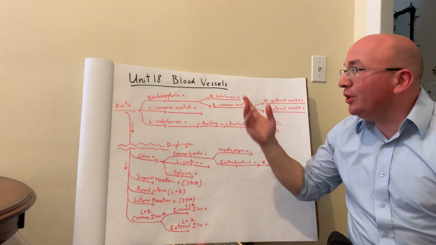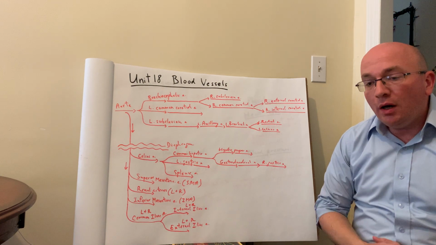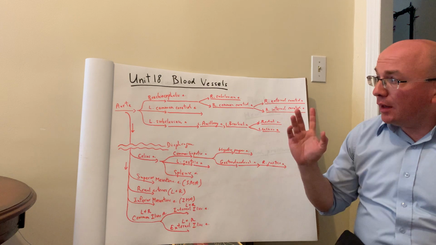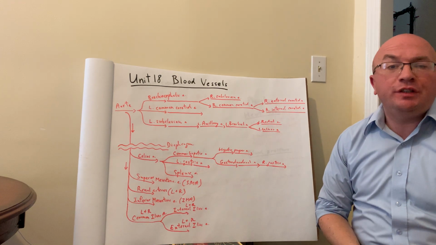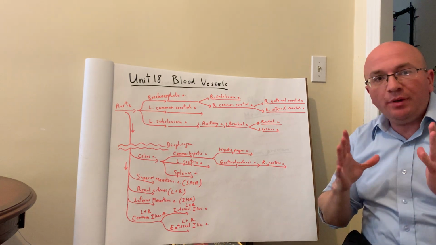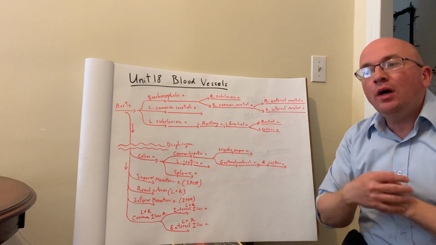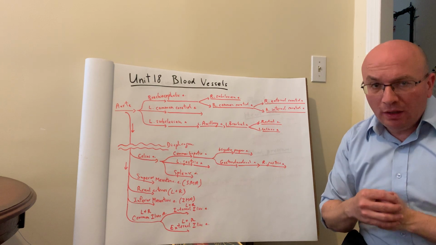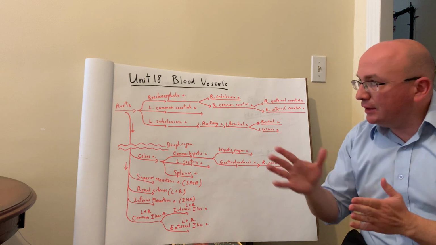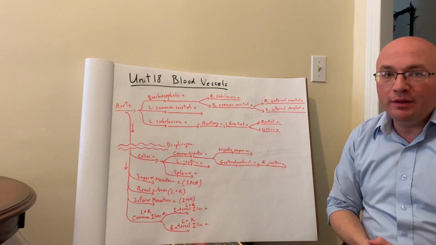Welcome to Unit 18, Cardiovascular Part 2 and 3 for anatomy and physiology students. Keep in mind that in the first part of the cardiophysiology chapters in the lab manual, we talked about the cardiac anatomy, the anatomy of the heart, the blood flow, how the different components of the heart come together. And in the next two chapters, primarily this second chapter, Unit 18, we're going to talk about the anatomy of